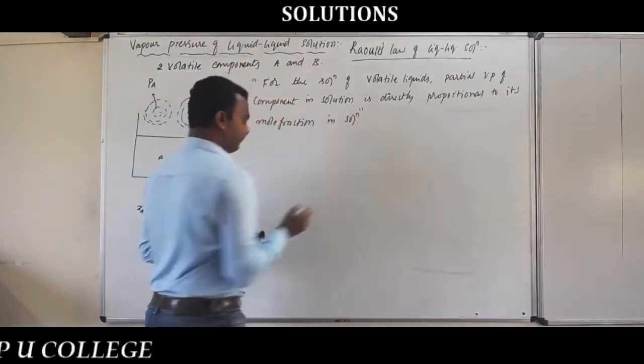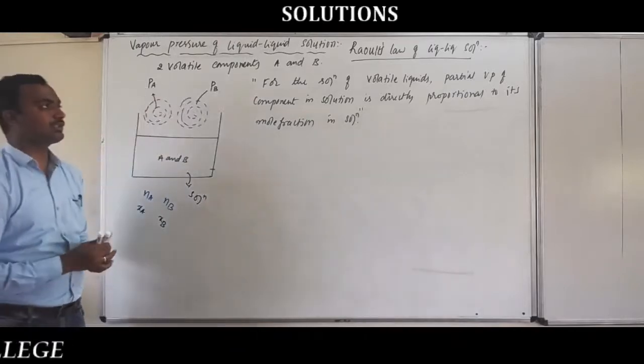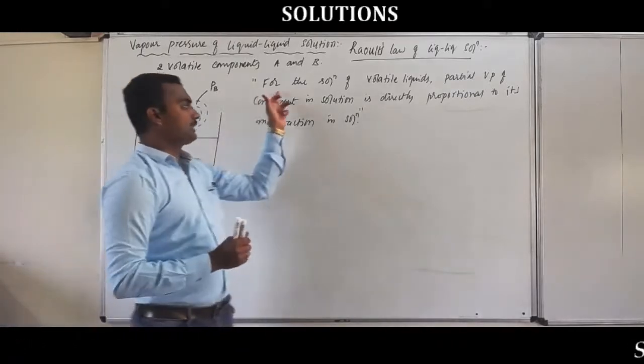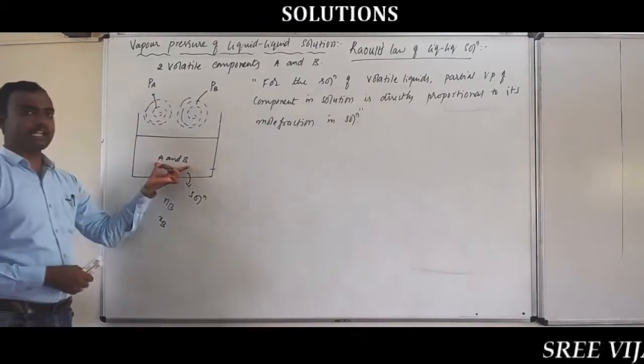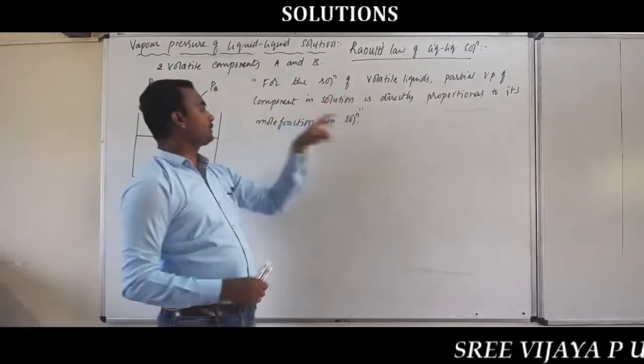So this is an important statement, that is Raoult's law of liquid-liquid solution. For a solution of volatile liquids, that is A and B, the partial vapor pressure of a component